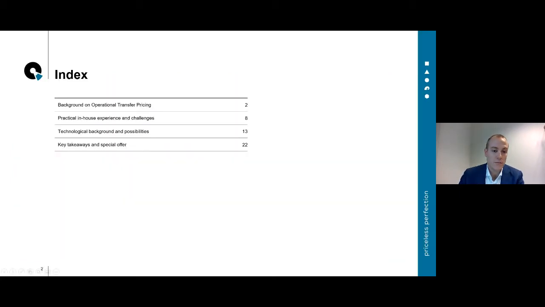Our agenda for today. First, we will explain what operational transfer pricing is, why it has become such a hot topic, the benefits, and which steps you could take. Then Jonne will share his practical experience and insight into operational transfer pricing processes. Thirdly, Tim and John will zoom in on the technological background and possibilities. And then we will share our key takeaways, and Tim and I also have a special offer to start your